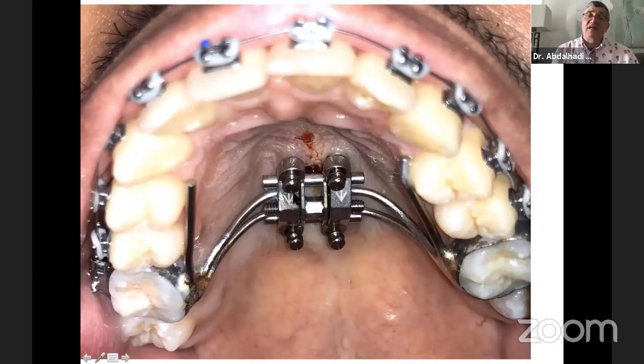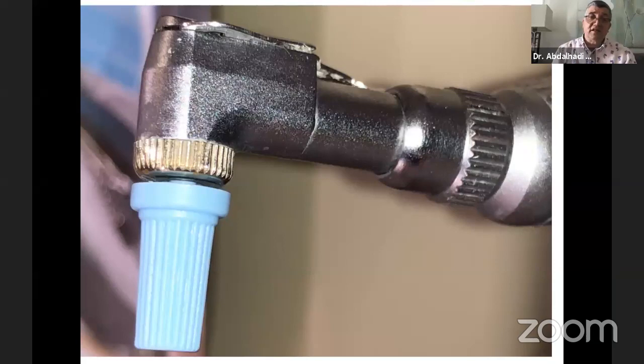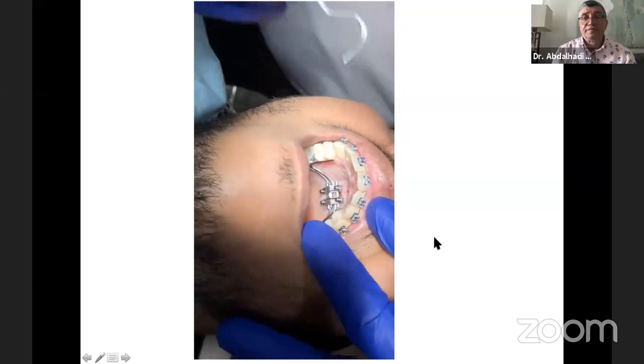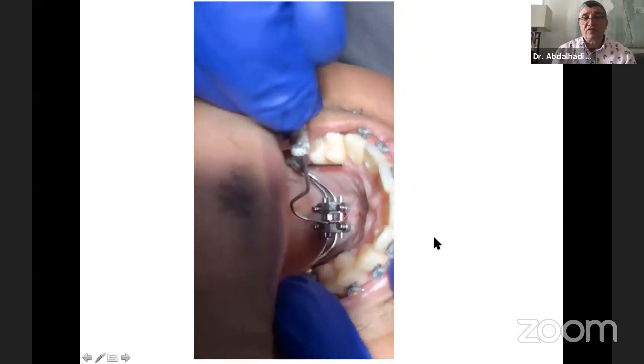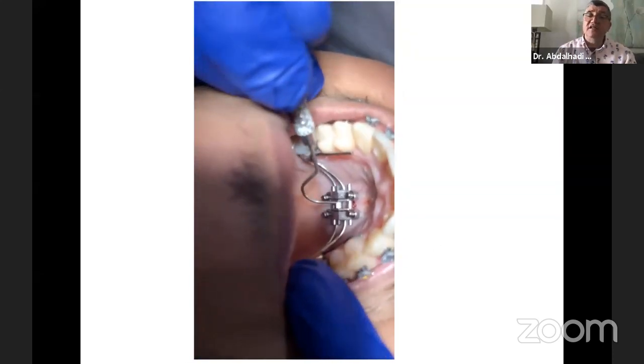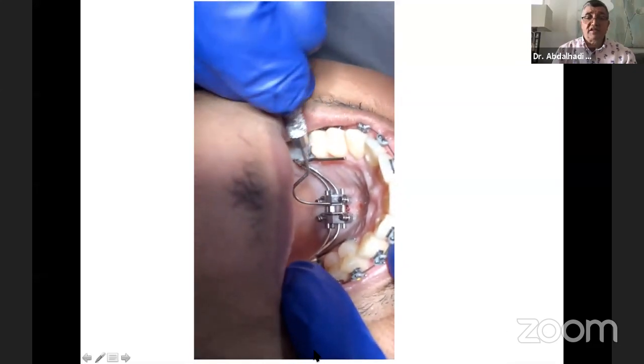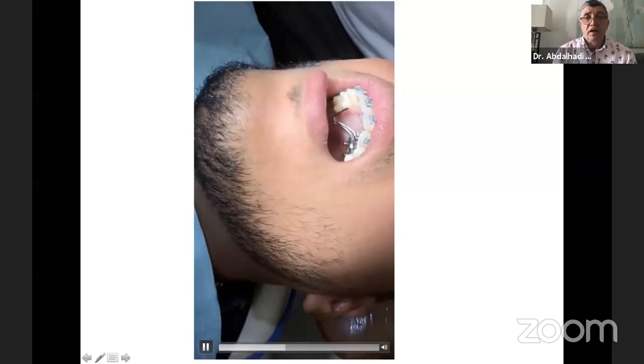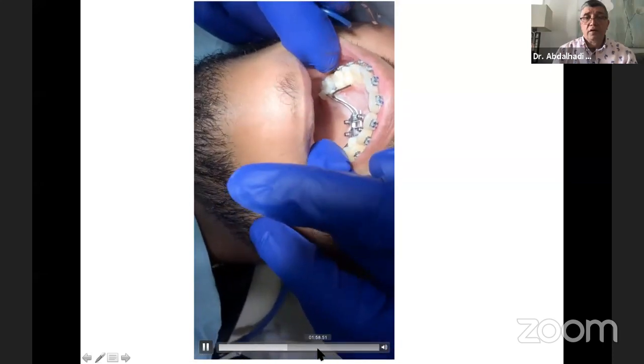Then I install my Marpe. Right away, this is the needle perforator. And right away, I start activating. So we are today with another case of Marpe. And here you see I am activating, and you see the progress of activation. I continue activating until the patient says that he feels too much pressure. Okay, that's okay. I think that's enough.